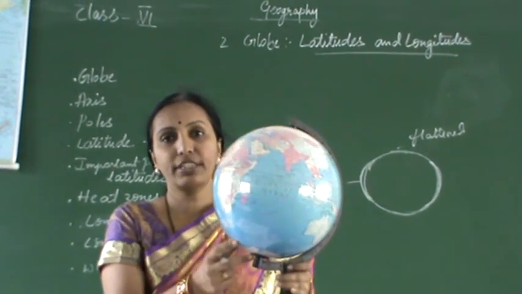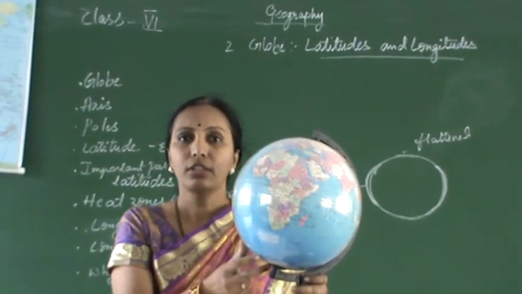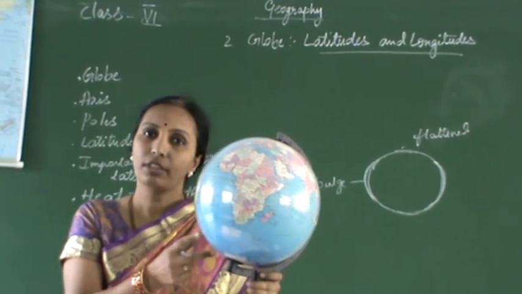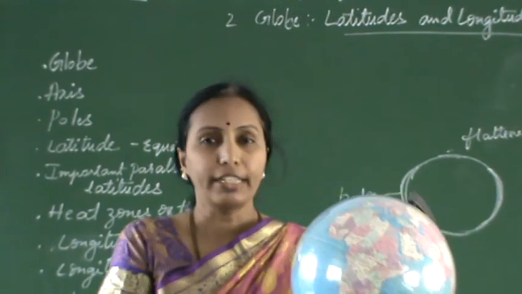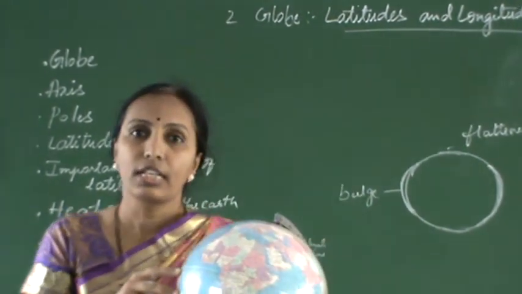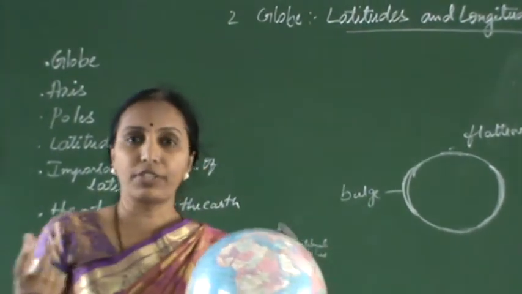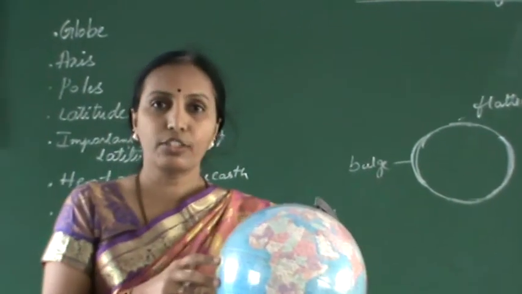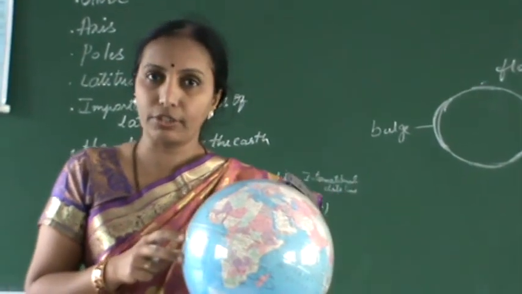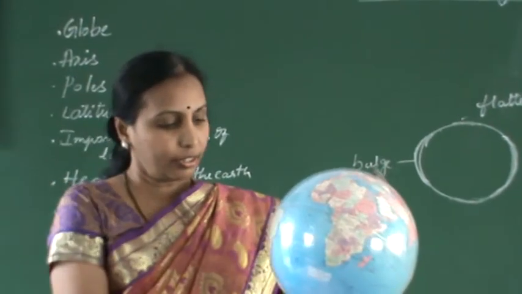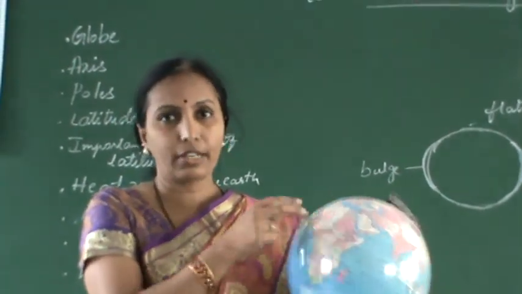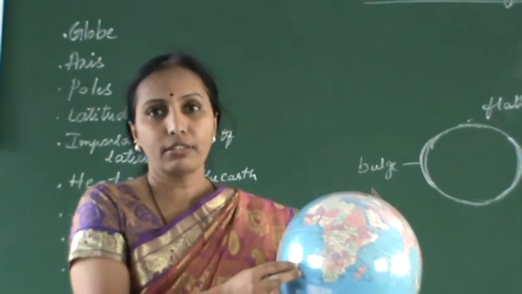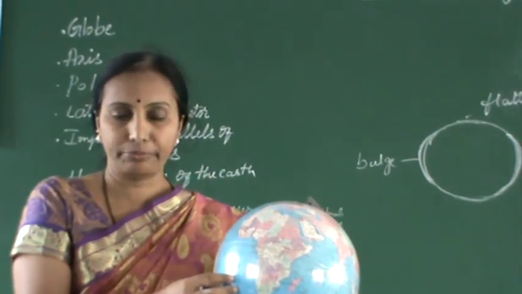globe. A globe is a true model of the Earth, or a miniature form of the Earth. Globes vary in size; some are big and very difficult to carry, and some are small and easy to carry in the pocket. This globe shows the continents, countries, and oceans in their respective sizes.